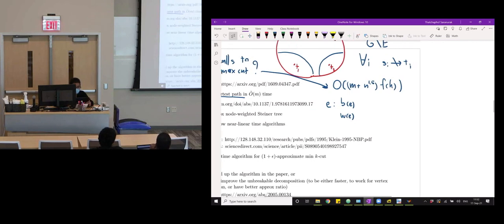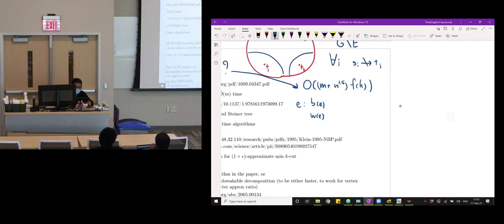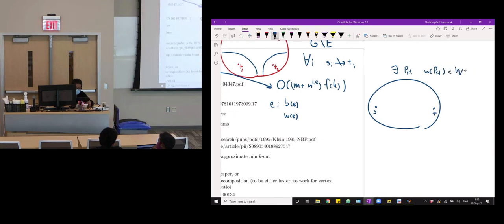And the question is that you have a graph, you have S and T, and if you just ask if there exists an S-T path P such that the weight is less than some threshold, then this is just shortest path. But now the question is, you would like to find a path such that simultaneously